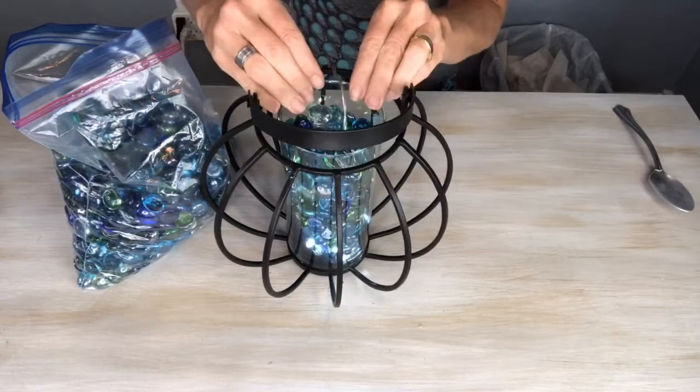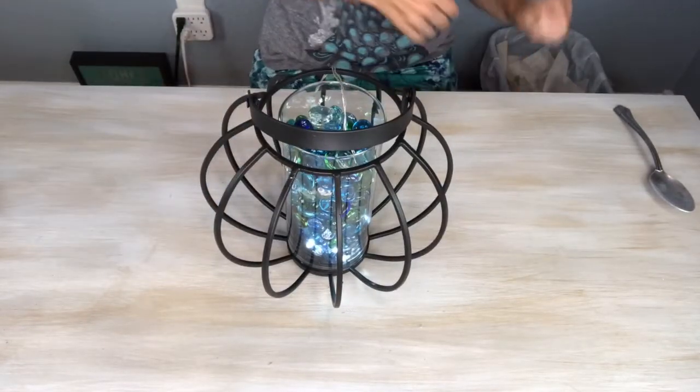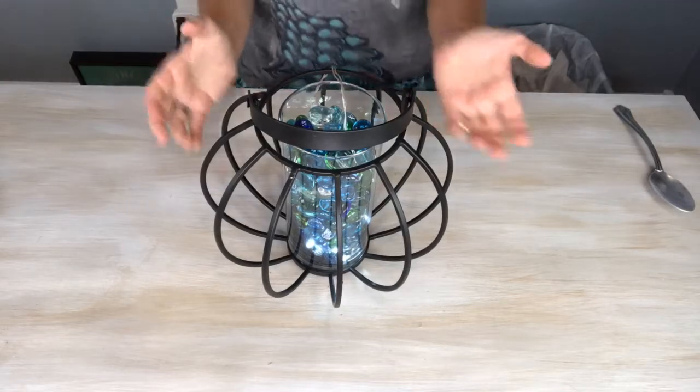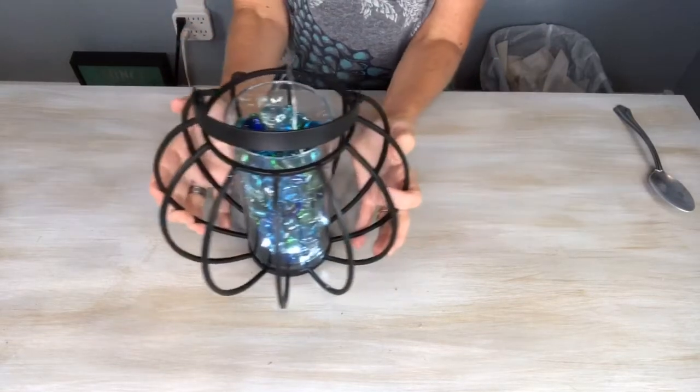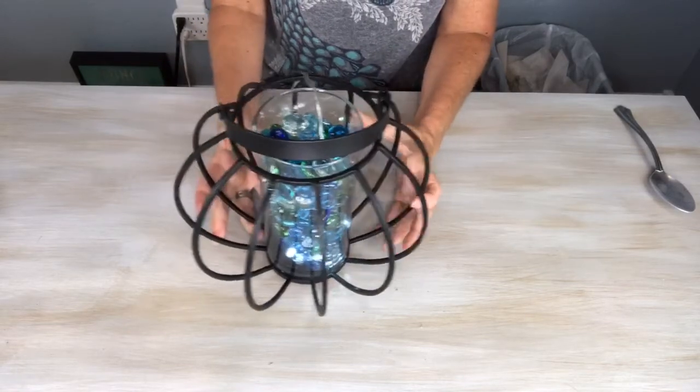All right, there we go. I'm gonna have to dump those back out in a second, but there you go. You've got another easy lantern. You've just colored this. This is good for year round. So you get to maybe the winter time